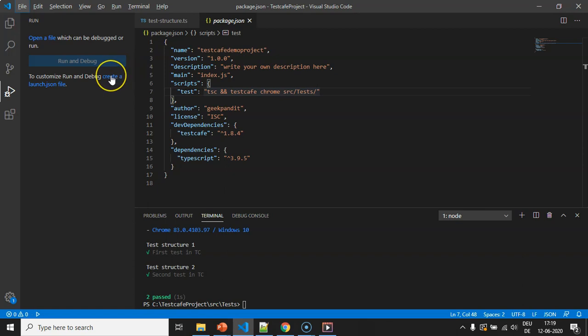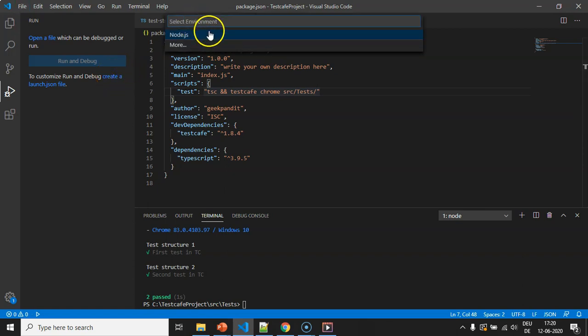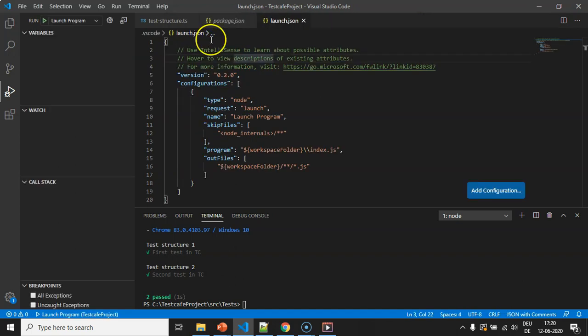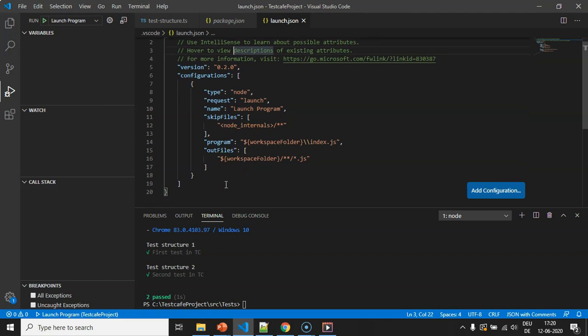Now I'll click on create a launch.json file, and it's asking me to select an environment, so click on Node.js. You can see here we now have some configurations like type, request, name, skipFiles, and program, and we can create another configuration which will run the TestCafe test.